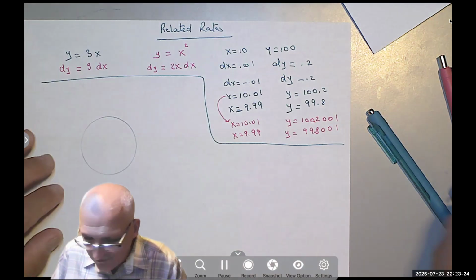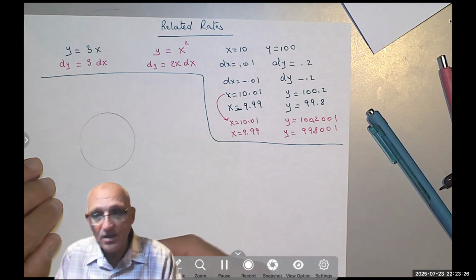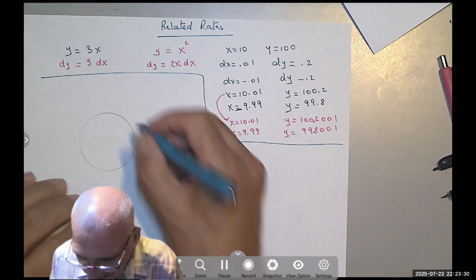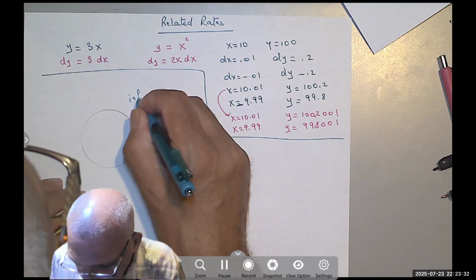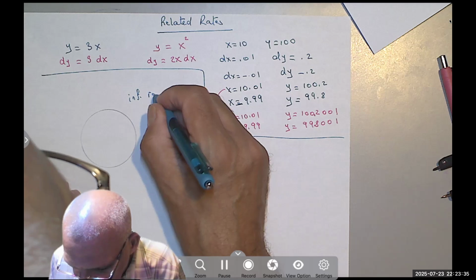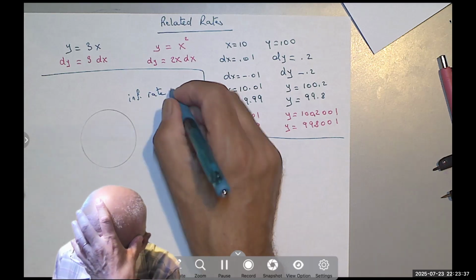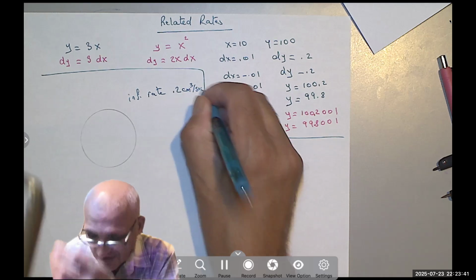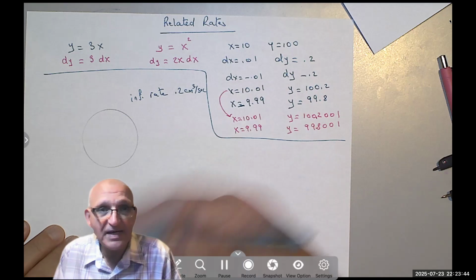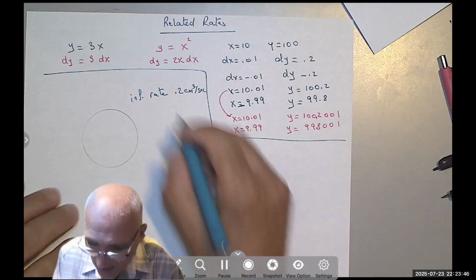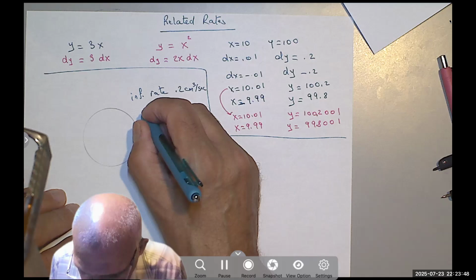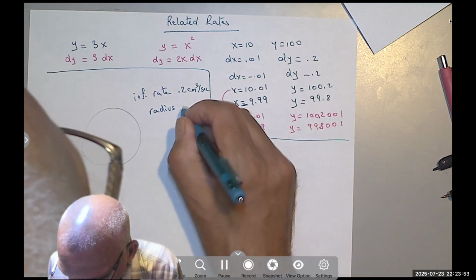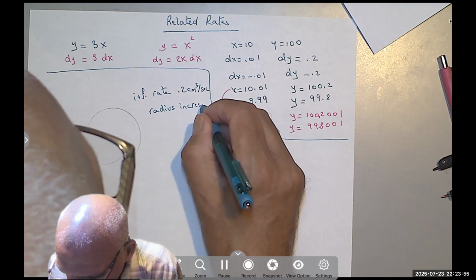And we are inflating it at a rate of 0.2 cubic centimeter per second, meaning its volume increases by that much. How much does the radius increase,